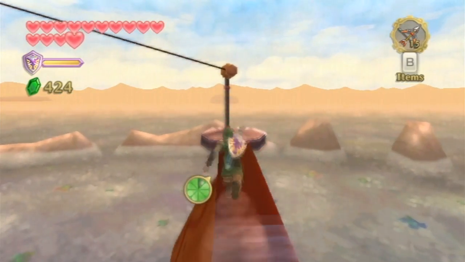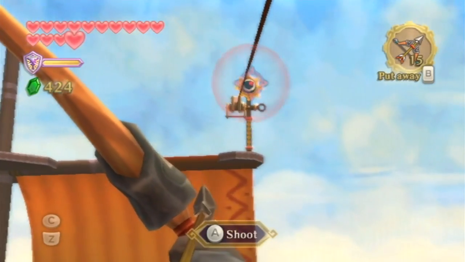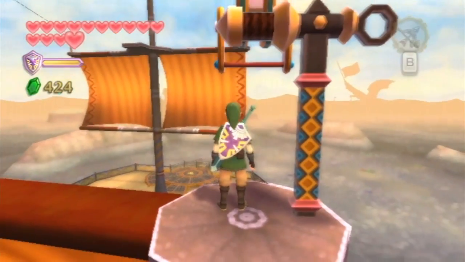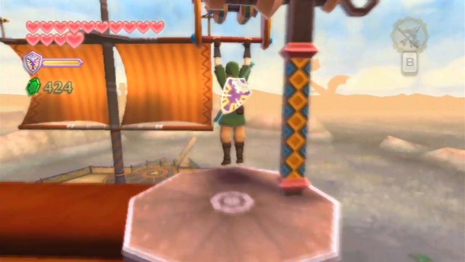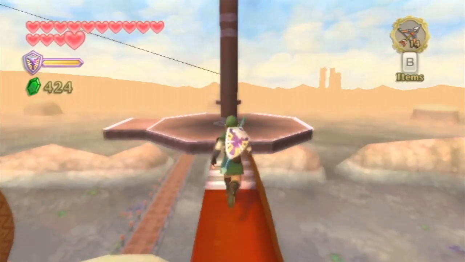So now that that's done, I see a switch up there I can shoot with my bow and arrow. So let's do that. Man, I need to learn to keep my hands still when I'm shooting, because that's going to be important. Especially if I'm trying to be precise with my shots. Because I know I move my arms a little bit. You'll see when I shoot again, but...